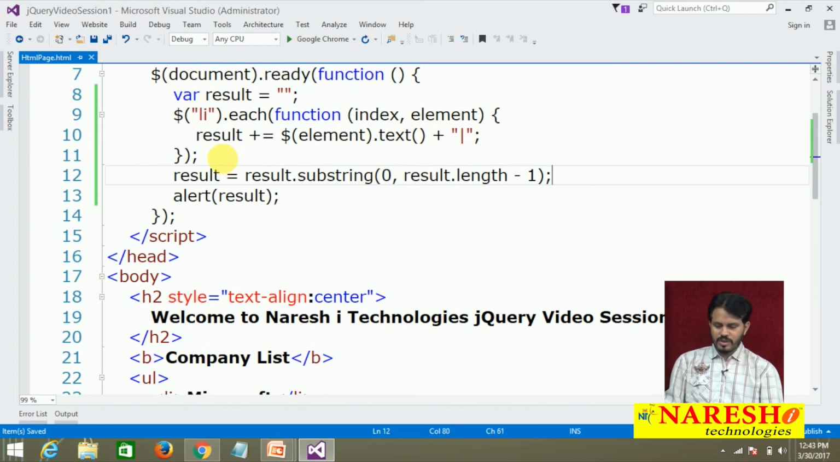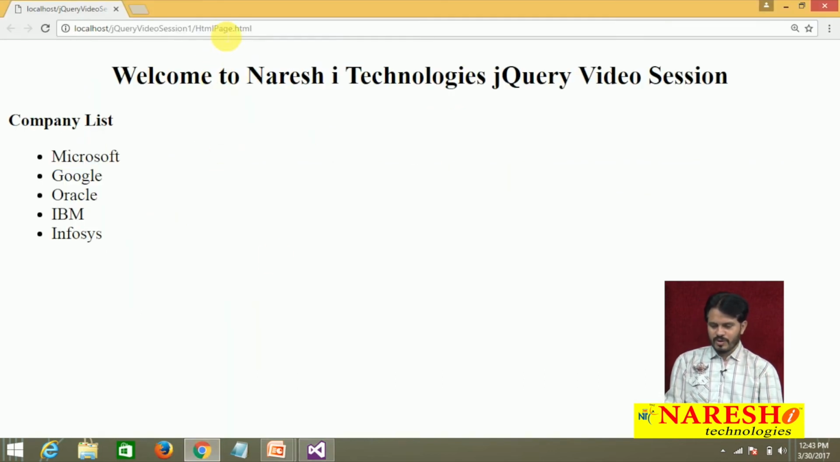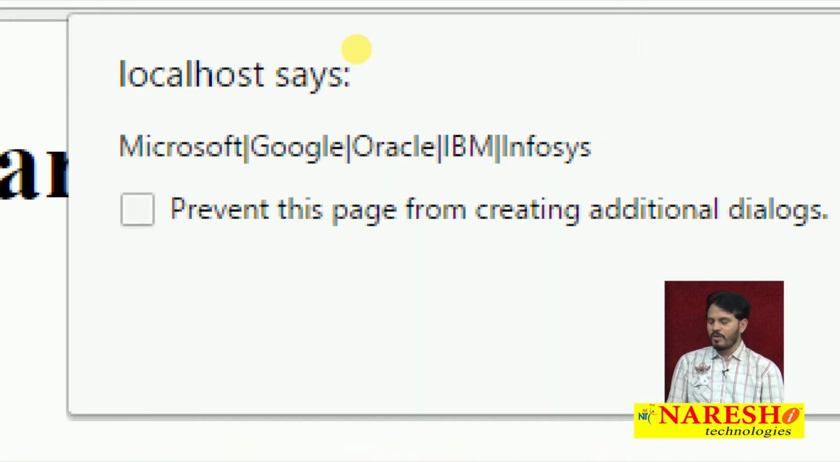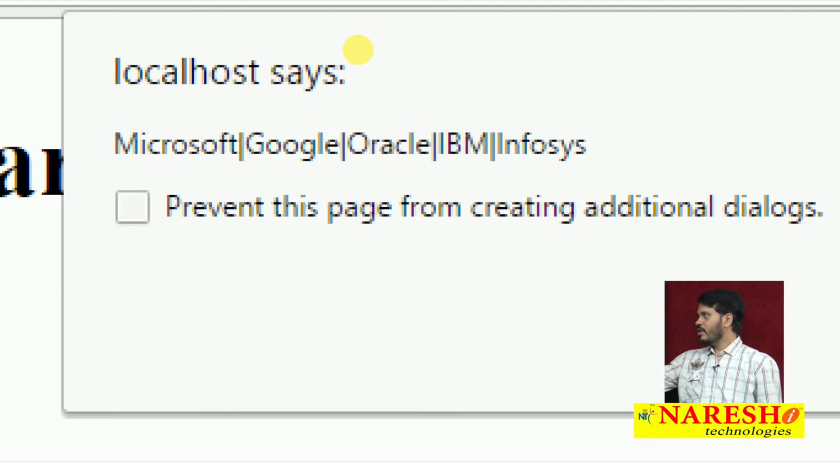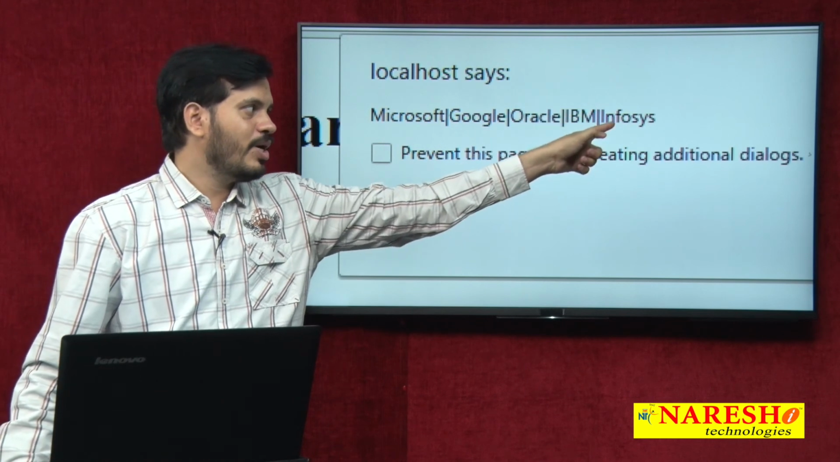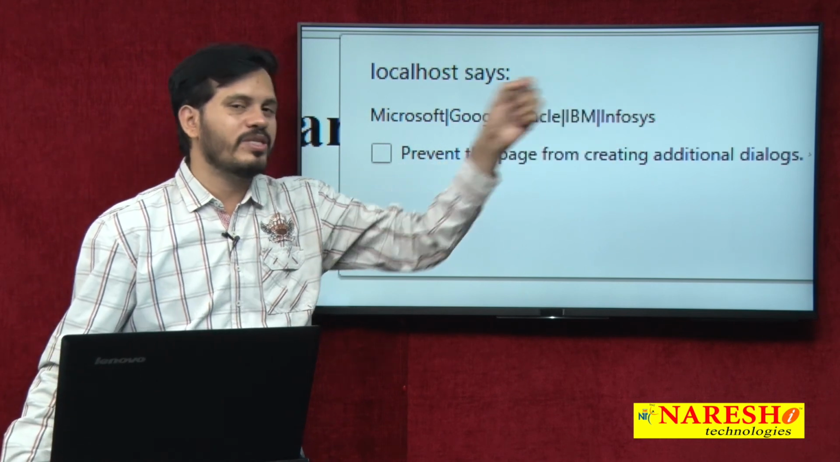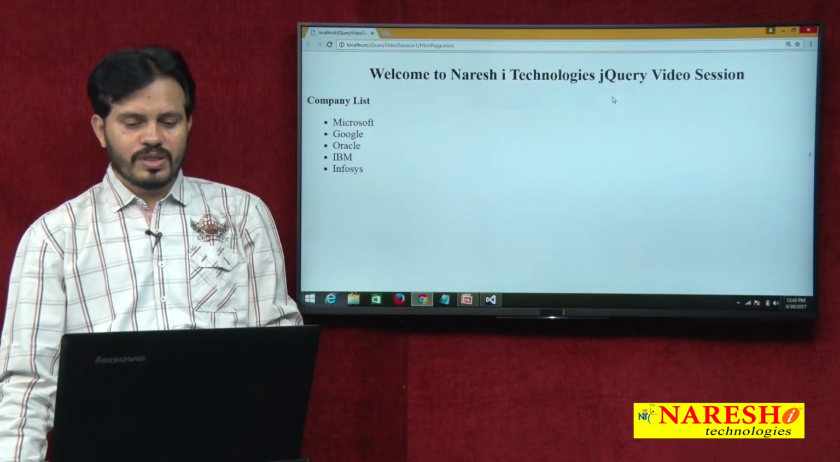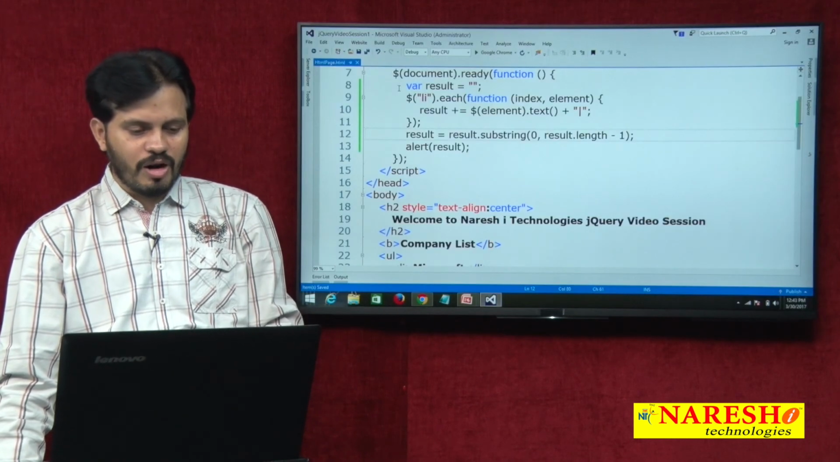Now save it, come to the browser window and refresh the HTML page. Now you can observe that your problem is solved. Microsoft separated by the delimiter pipe symbol, Google pipe symbol, Oracle pipe symbol, IBM pipe symbol, Infosys, and after that the extra pipe symbol is not showing. So this result we are getting in the each method using this logic of code,